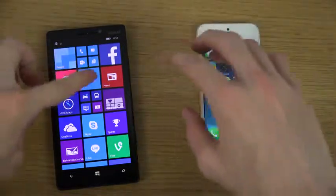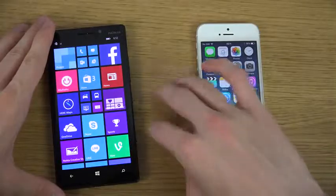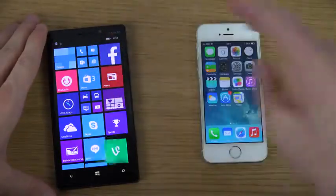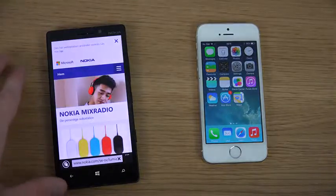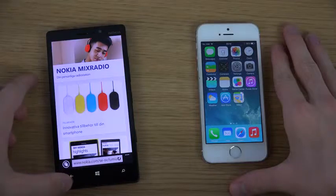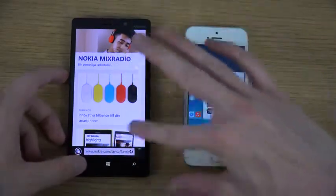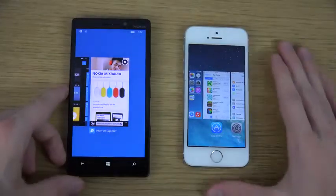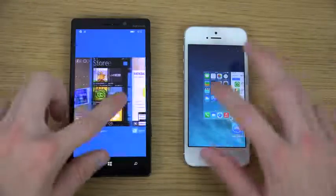and then let's do the same thing here. Let's open up the store, and let's open up, let's see, the internet browser. Let's go with recommended settings. So how it would look side by side here, you can see here you basically hold in and you can see the difference here. Both have a very similar UI,